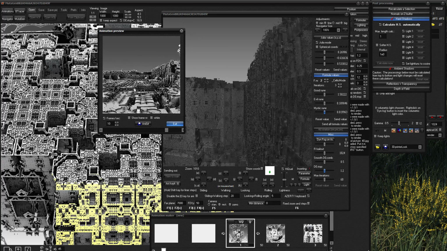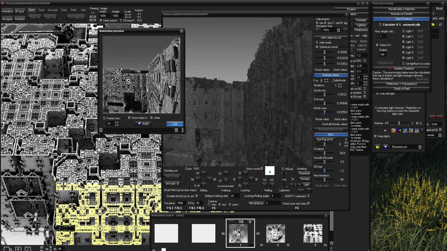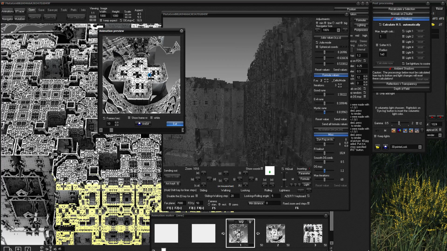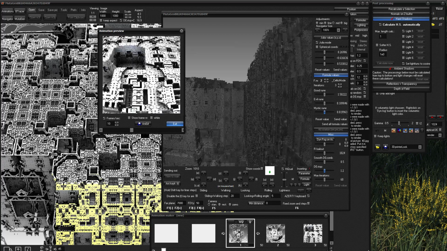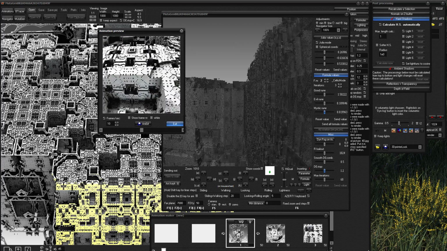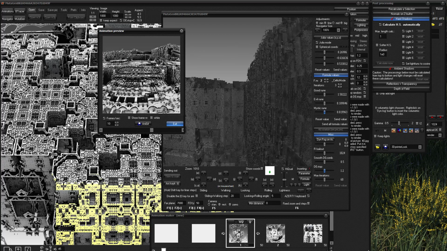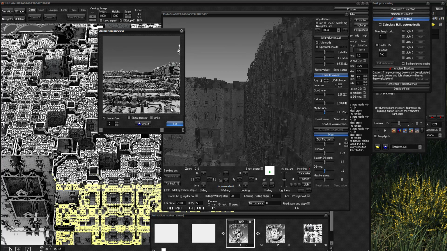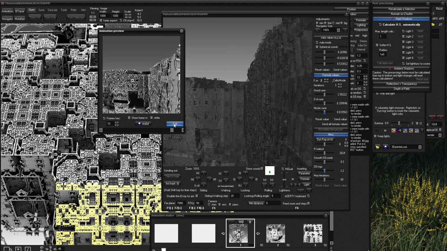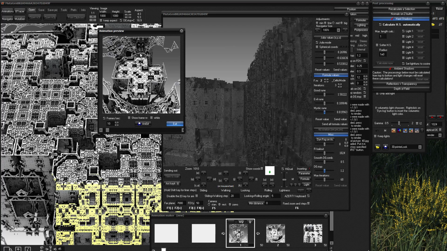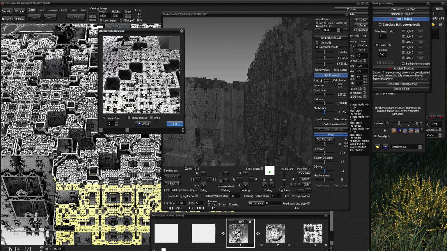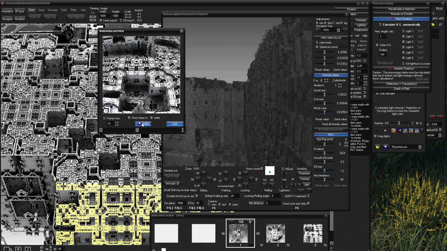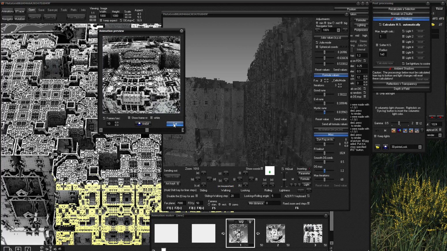So this one is not good because I made it very fast for the tutorial, you know. But if you spend a little bit more time, you can have very good results. But like that, it's okay for me. So when you are happy with your animation, you can render it, of course. Because this one is just a preview, you see it's a little GIF. So you can save it if you want, but I will exit.